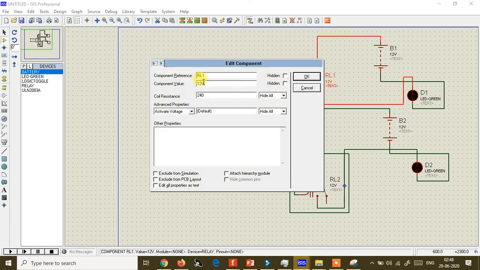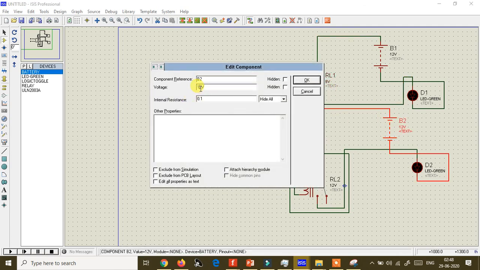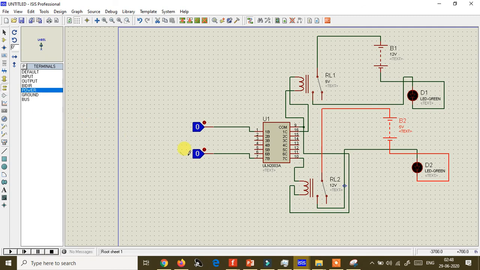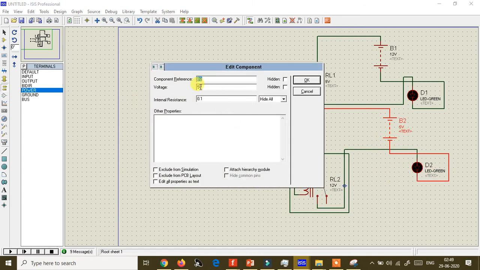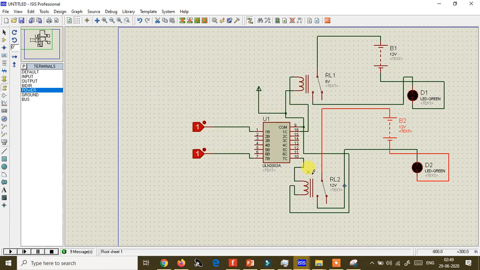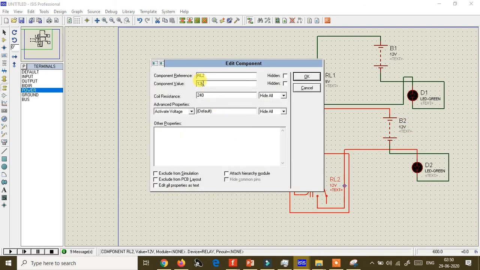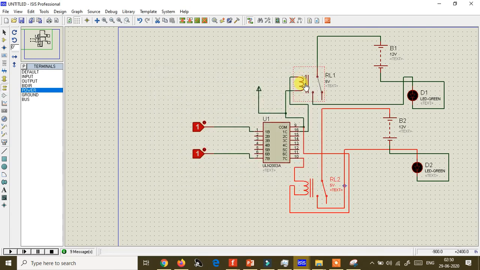Now we'll set it to 5 volts, because the supply which we will give will be of 5 volts. And this common pin 9 will be given 5 volts. Now I'll simulate this. By mistake I set the battery to 5 volts. We have to set the value of the relay as 5 volts. And now